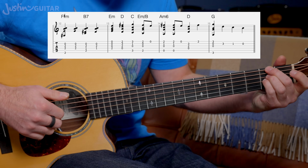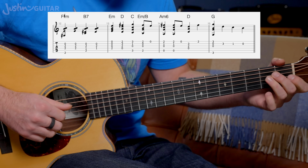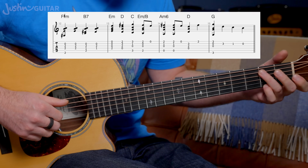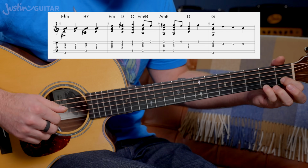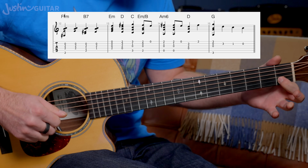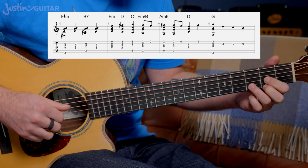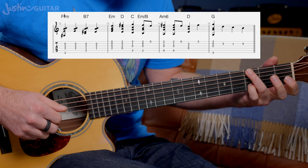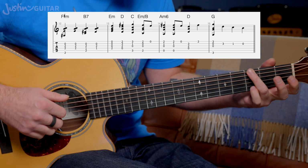F sharp minor 11, just the chords, B7 chords, same little E minor run, E minor, D, C, E minor 9 with a B bass, off, A minor 6, D, but instead of going D, we're going to play the second fret on the thinner string, G, then we don't have to add it in there, but it sounds nice, I think, to go from the